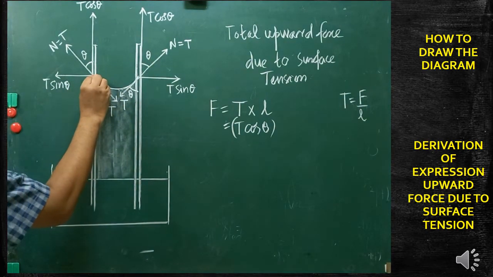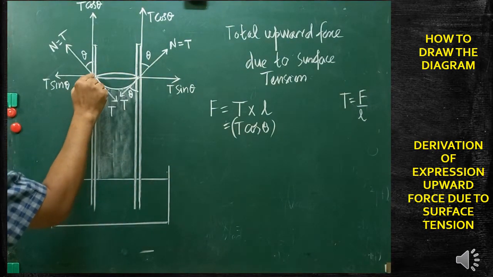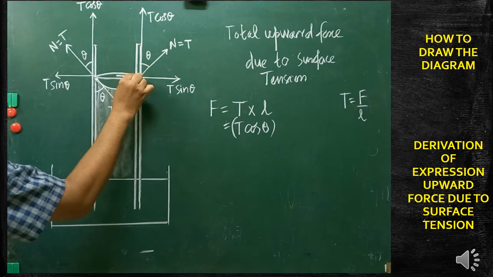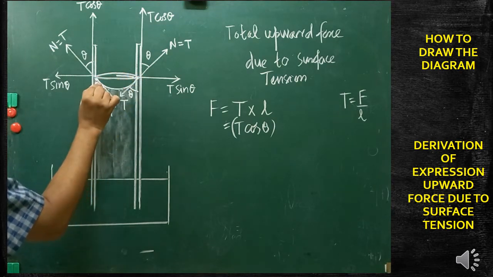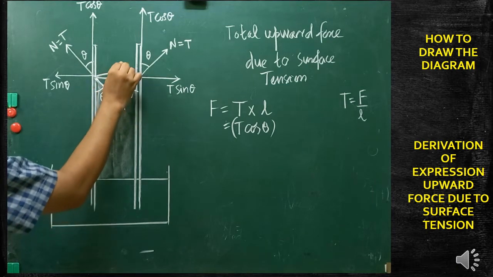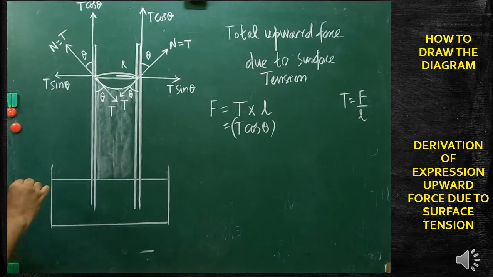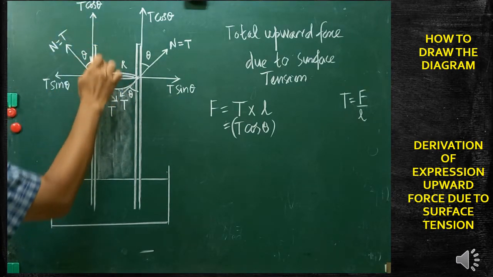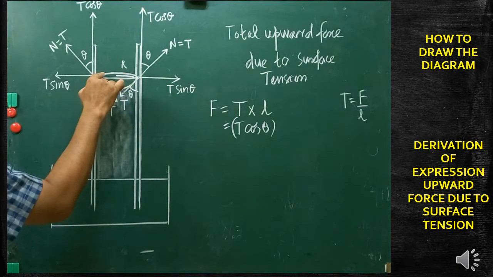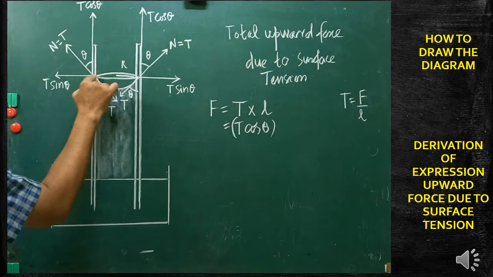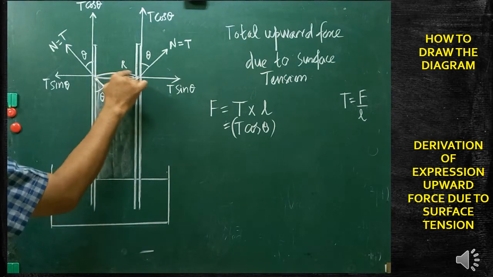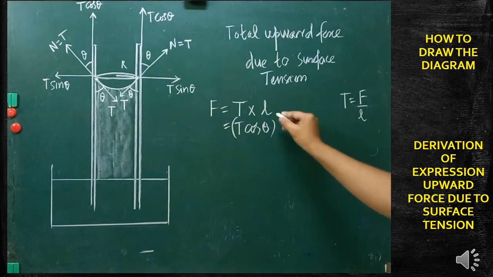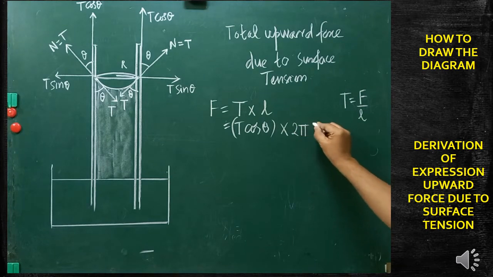Here you can draw the cross sectional view of the bubble. You can draw the cross sectional view of the surface. Are you clear? If you take this part as a small circle that is in the concave surface, that radius can be taken as r, and if you view from top view, that portion will be like a circle. So everywhere T cos theta is acting, all along the circumference of the surface. Therefore, what is the total length of the surface? The total length of the surface is 2 pi r. So instead of L, we can write 2 into pi into r.